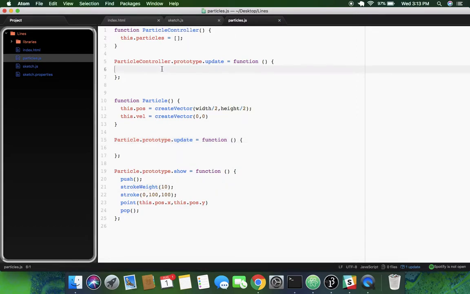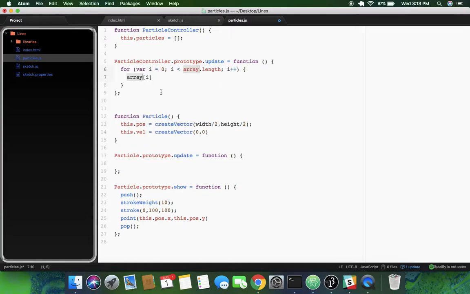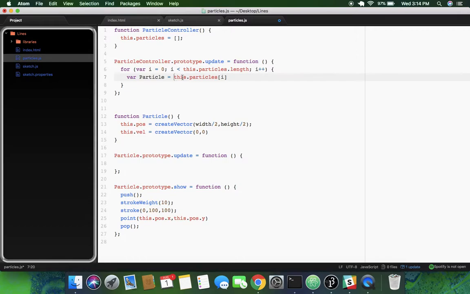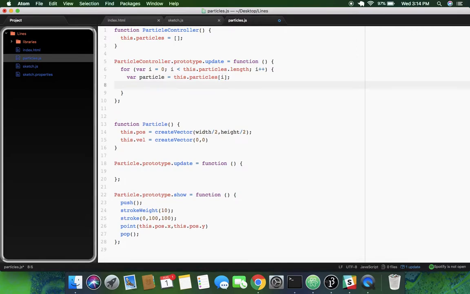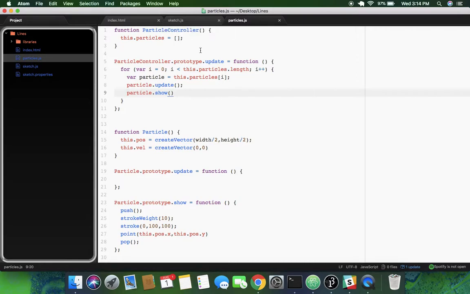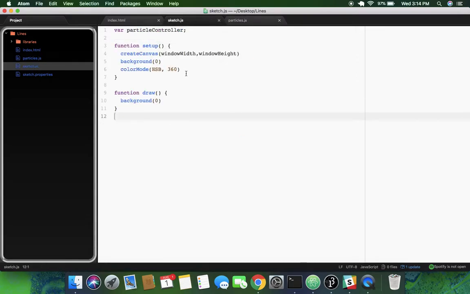So inside the update function for this, I'm going to say for var i equals, for all of the particles, we're going to say particle equals the current particle. Then we're going to say particle dot update and particle dot show. So now we'll go back to the sketch and we'll say